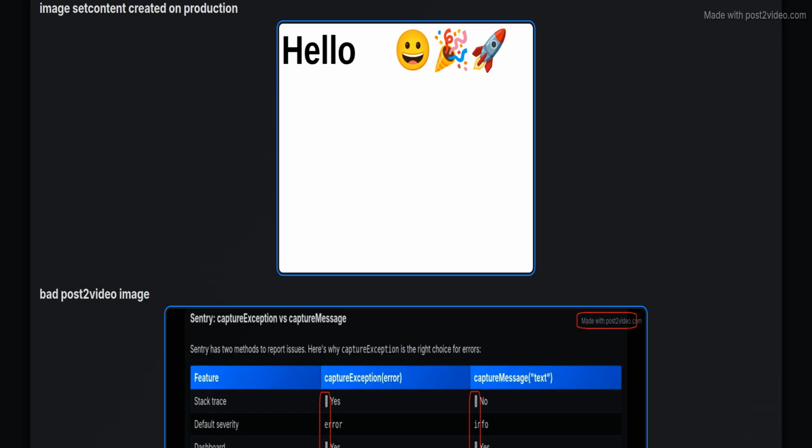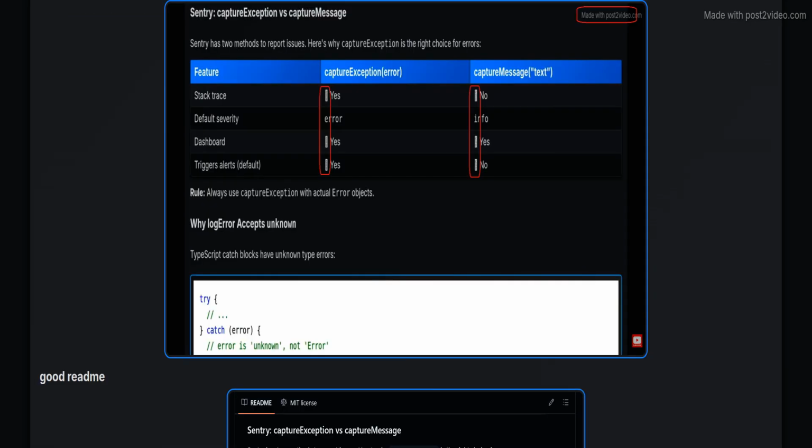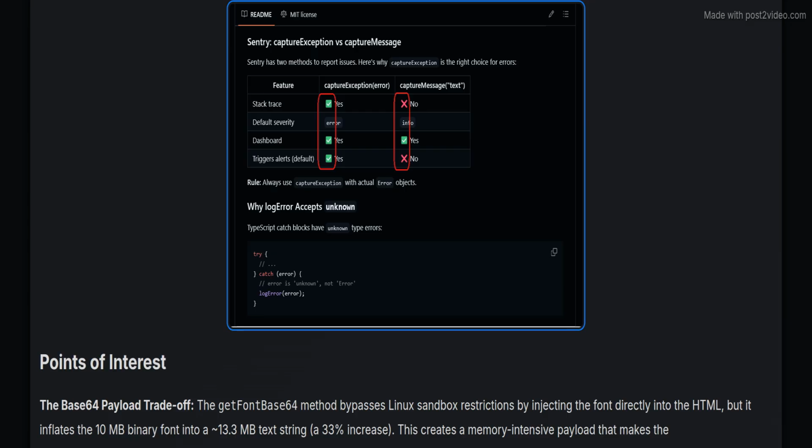rendering challenges. Demonstrates a bad output scenario with broken emoji rendering in post to video, illustrating the pitfalls encountered during the initial development phase. Showcases the correctly rendered README, highlighting the project's functionality in dealing with emoji rendering issues compared